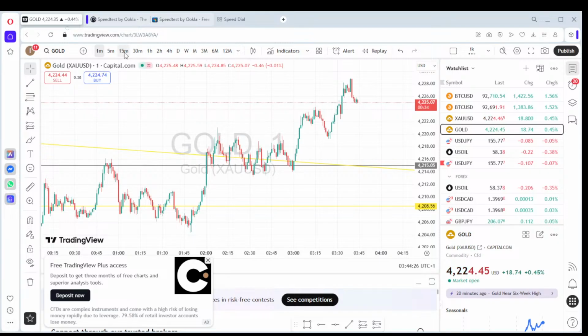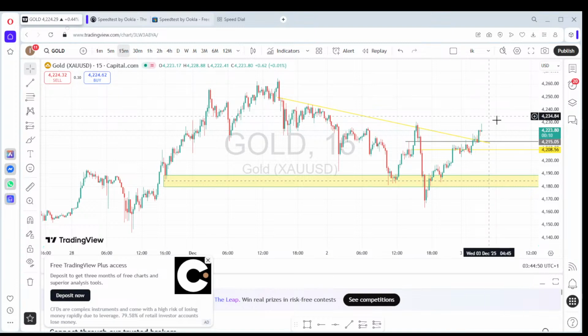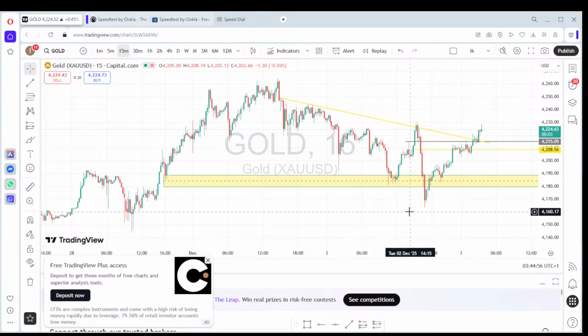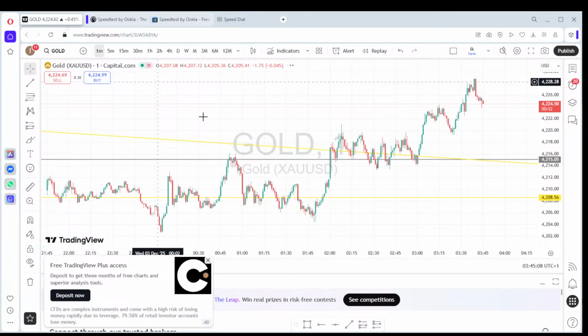So for now, we are at a juncture. Let's go back to 15 minutes. All right, so we are seeing what is happening in 15 minutes. And this candle is almost closed. Just seconds for the closure of the candle. It's looking like the candle is still closing bullish. All right, so like I said, we should be watching the 1 minute time frame.